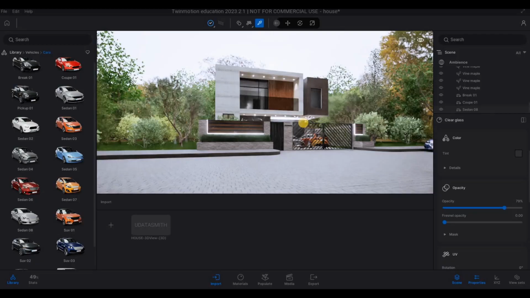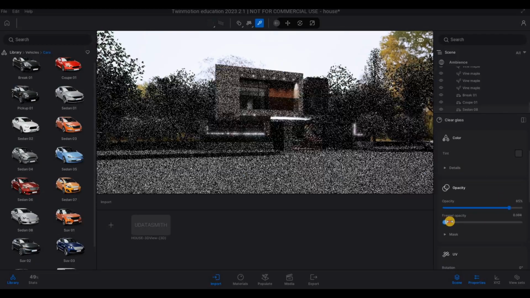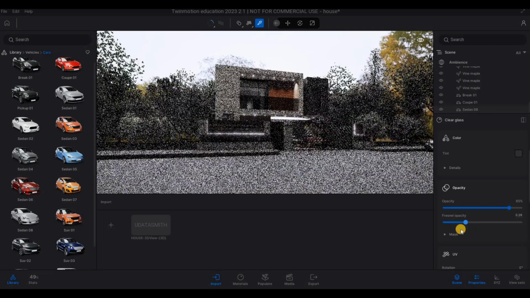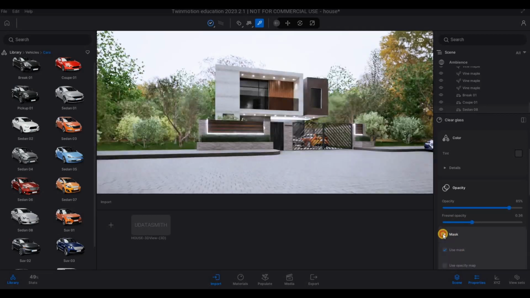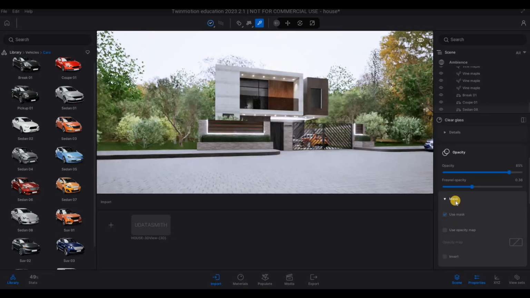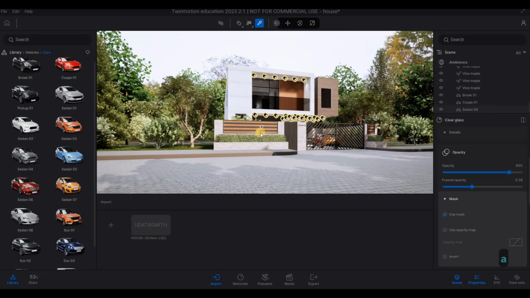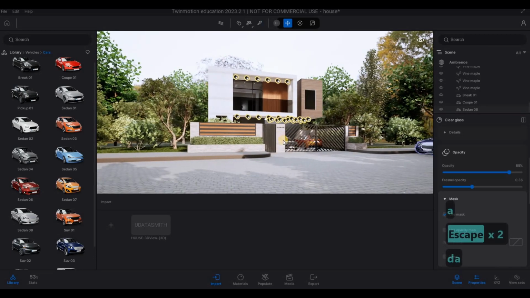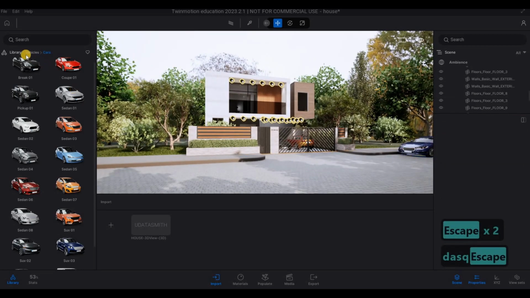I think that's much better. So now let's click this back to remove the path tracer, and then what we can do next is we